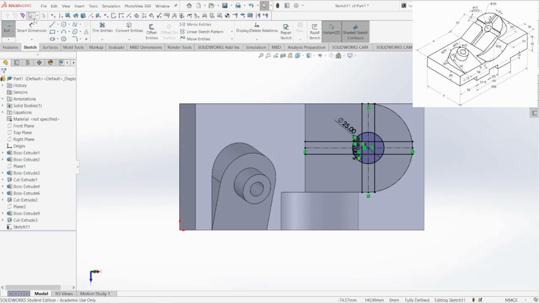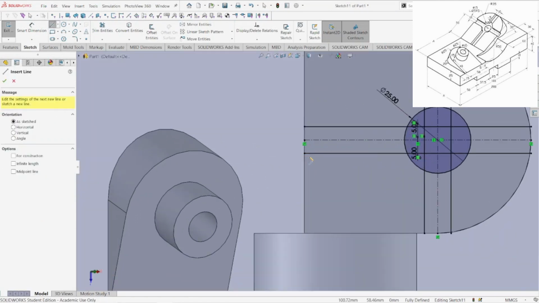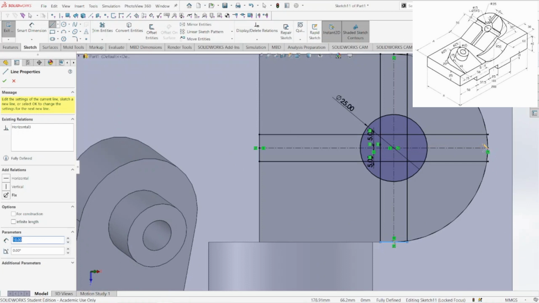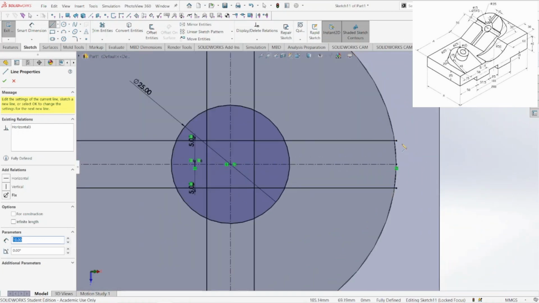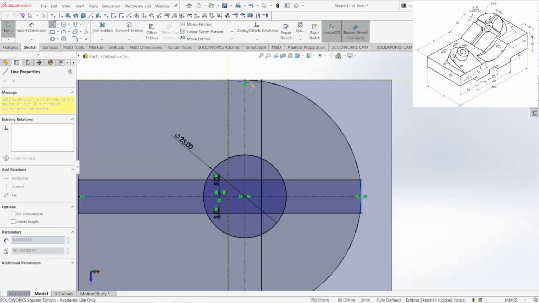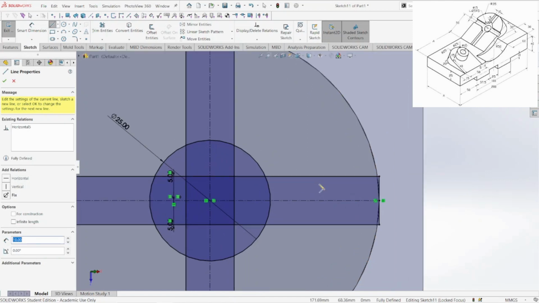Okay, then we can close these two lines here, and that line also, this as well, and this line either. Okay,